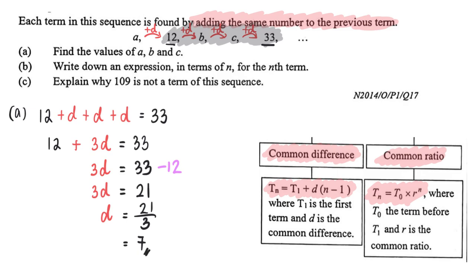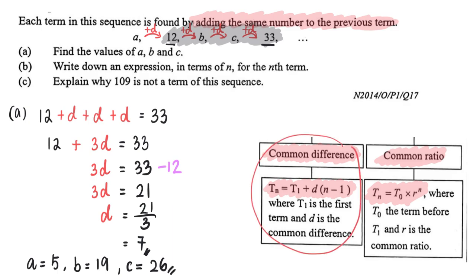Once I know D is 7, I will be able to get my A, B, and C. A is 12 minus 7, 5. B is 12 plus 7, 19. And C is 19 plus 7, 26. And because I know that this is a common